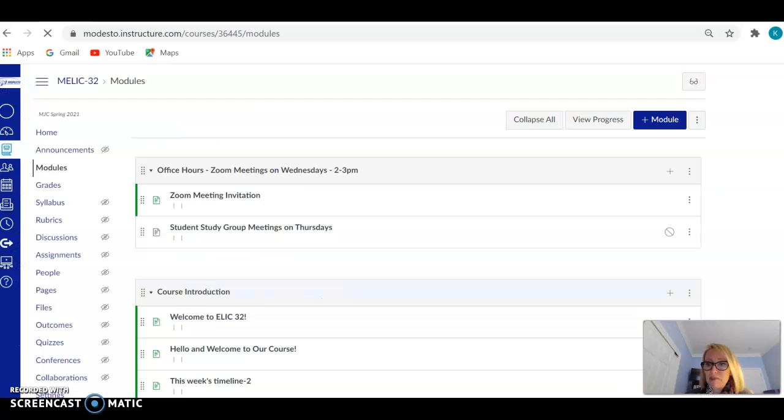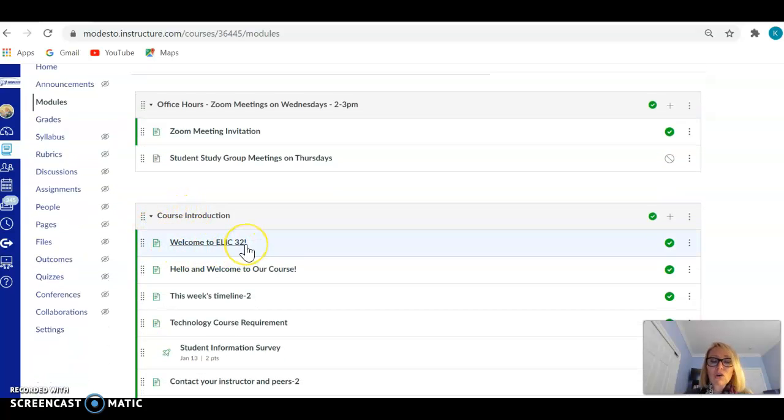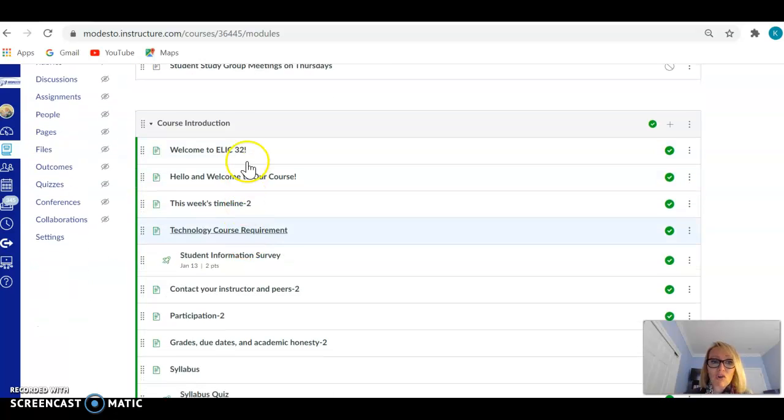So there we go. You see that I have a lot more options here. Those options are not available to students, but don't worry, I only give you what you need. That's why I close everything else, because you don't need any extra stuff. So again, once you go through the course introduction this week, and I hope that you will be able to